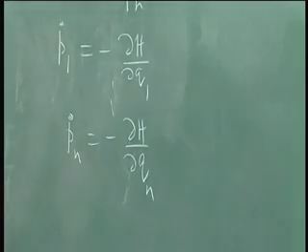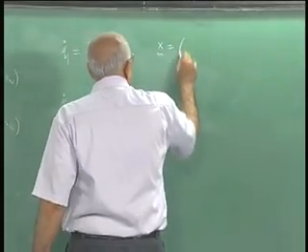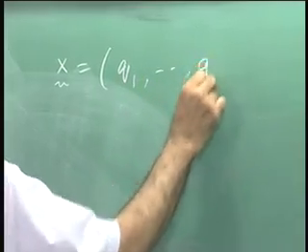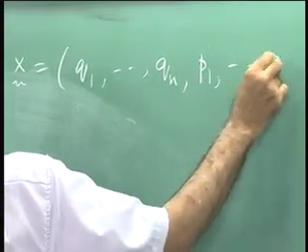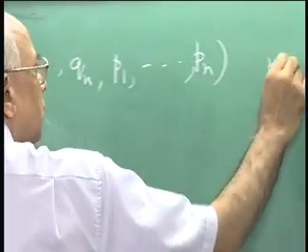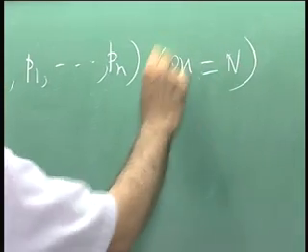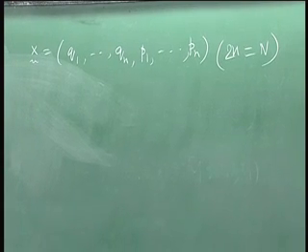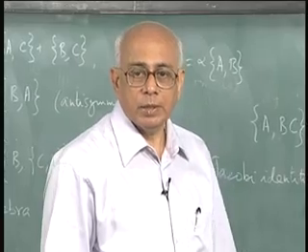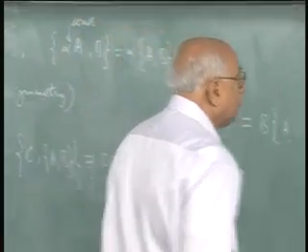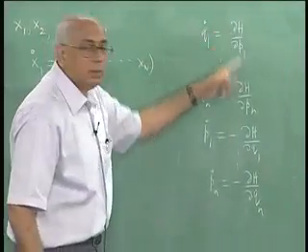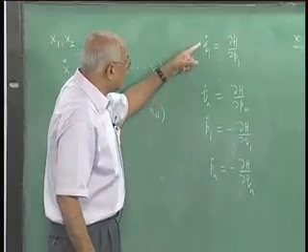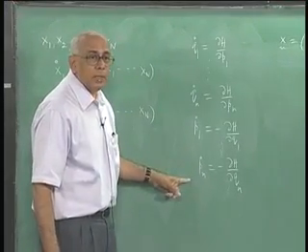Our phase space variables x in this case are really q1 to qn, p1 to pn. So we have a situation where the dimension is 2n, not n. The phase space is even dimensional for a Hamiltonian system, and I write all the q's one after the other and then all the p's one after the other, and I call that a position vector in phase space. Then this quantity here tells you that the velocity of the phase space point is determined by